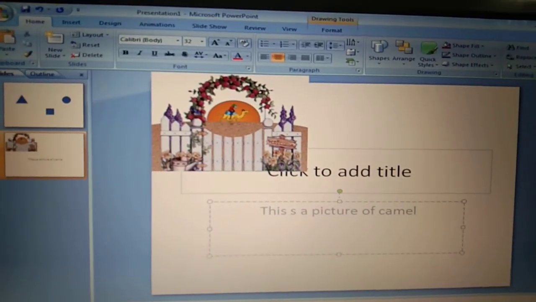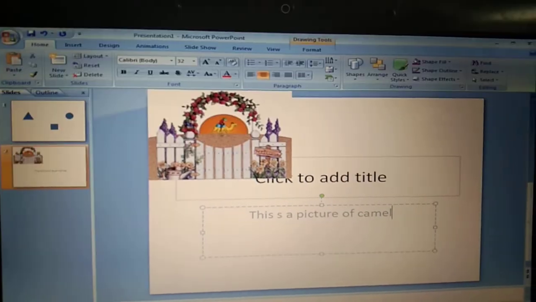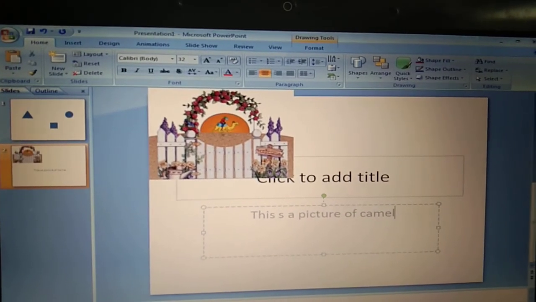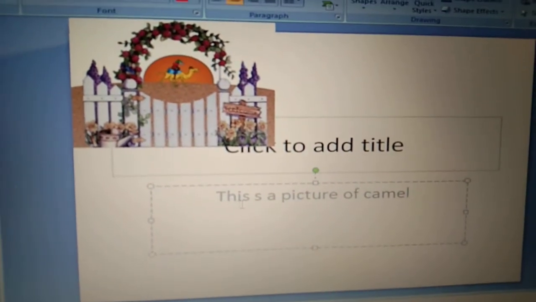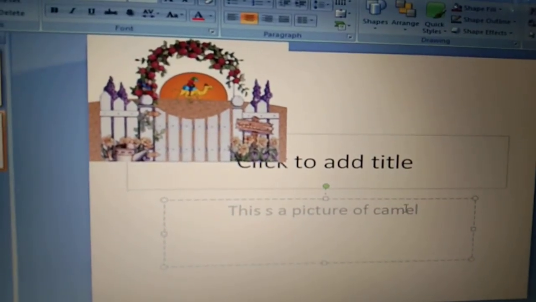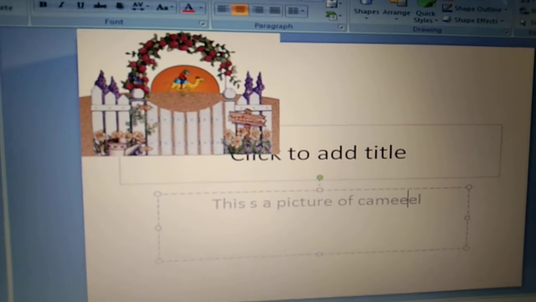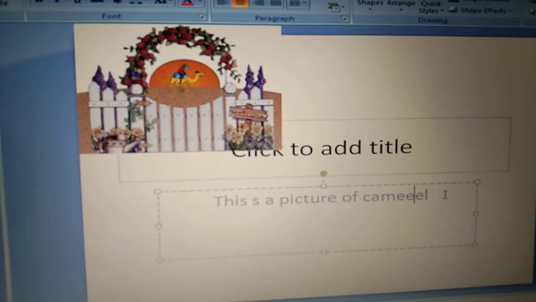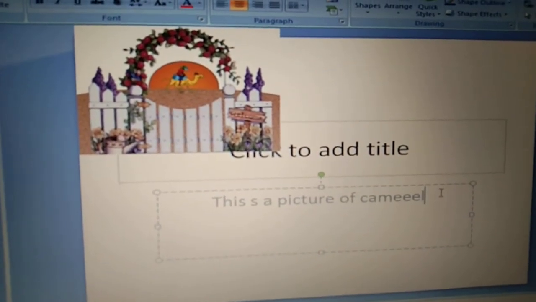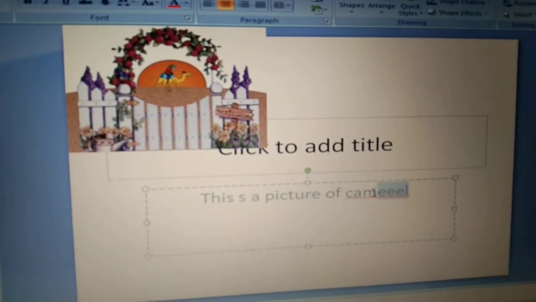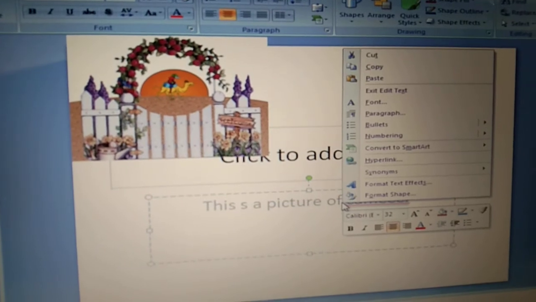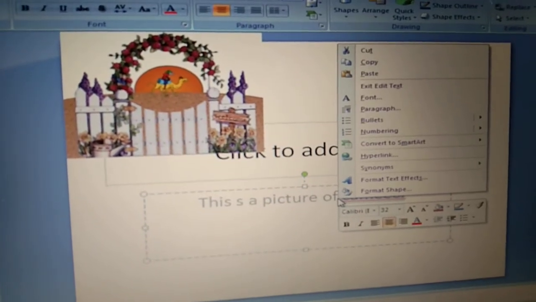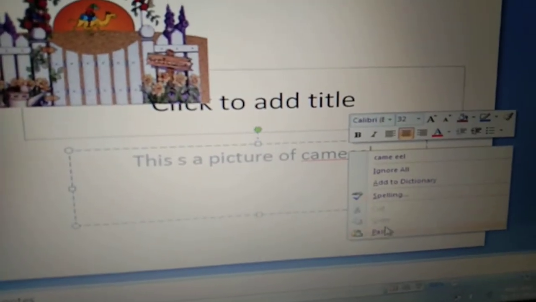So now class, our next topic is that if we want to make changes in a text regarding spelling mistakes, like here I can change the spelling of camel. The spelling of camel is wrong, so I want to change the spelling. Then select it, then right click and here is the option of spelling.